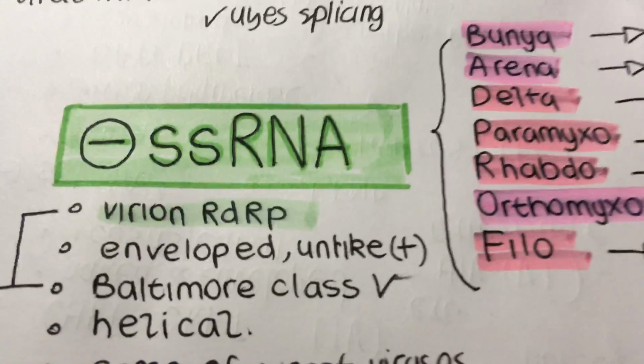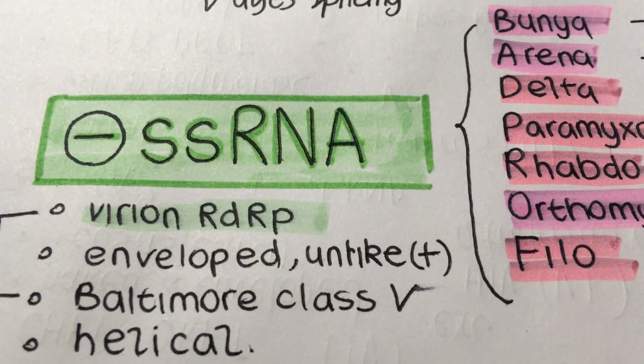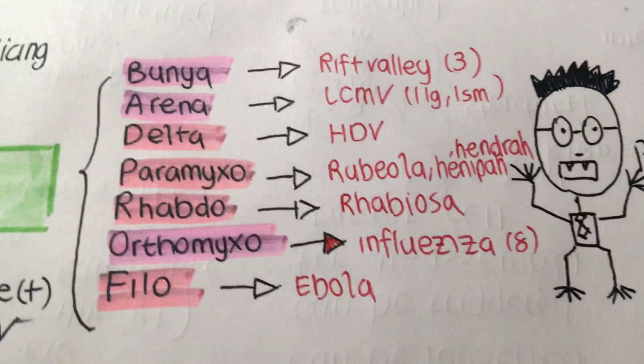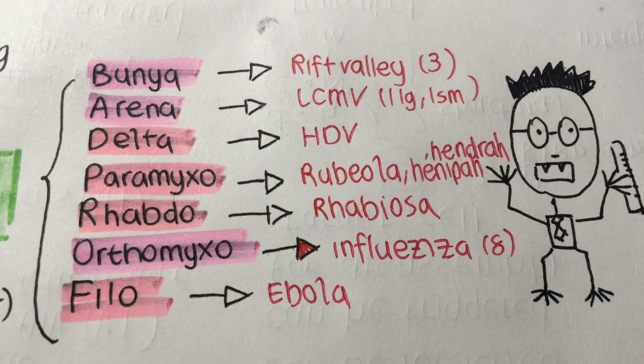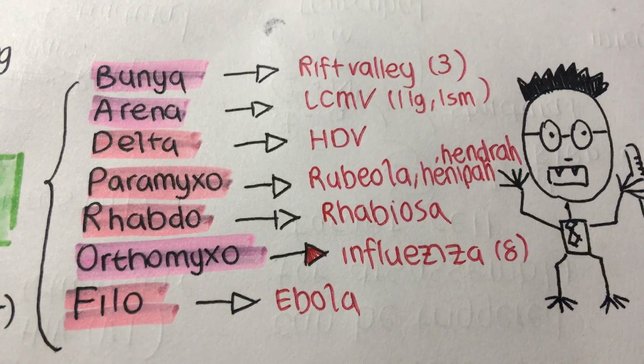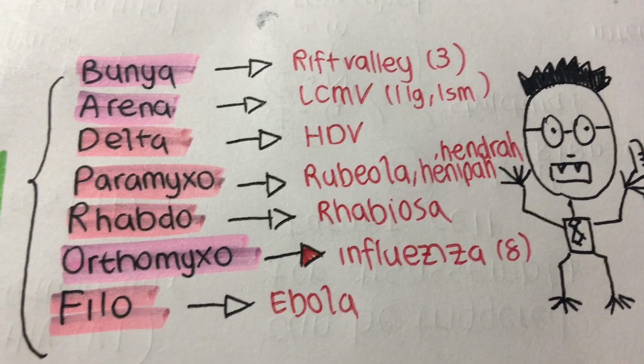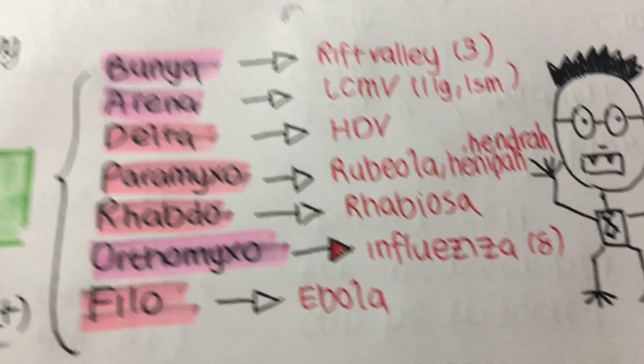Everyone! Today we'll be talking about negative single-stranded RNA viruses. These refer to Bad prof: Bunya, Arena, Delta, Paramyxo, Rhabdo, Orthomyxo, and Philo. They are